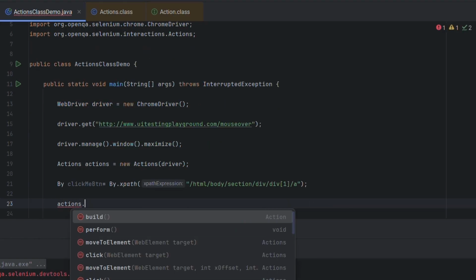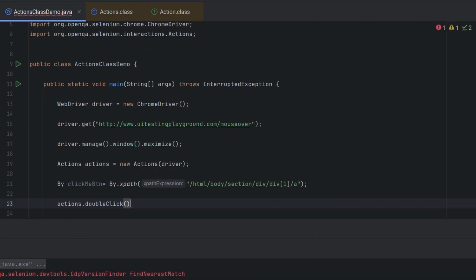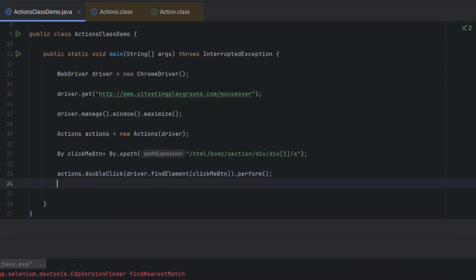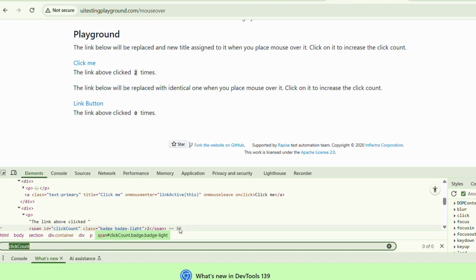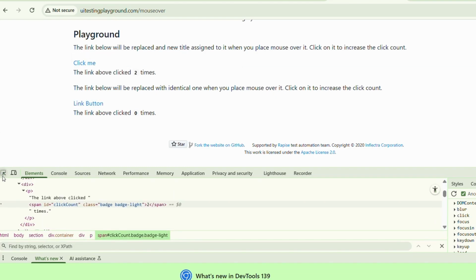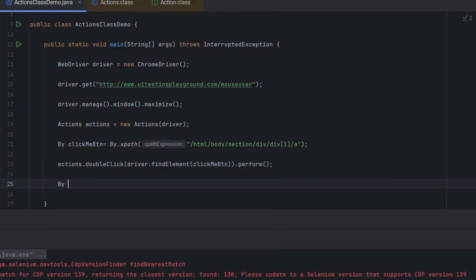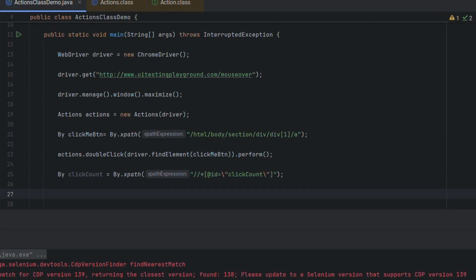And now let's perform double click, and let's give driver.findElement(click me button), and we'll do .perform. So once we do that, let's also validate this text of click count. So let's get the XPath of this count. So By clickCount is equal to By.xpath. We paste the XPath here, and driver.findElement(count).getText() should be exactly equal to 2,